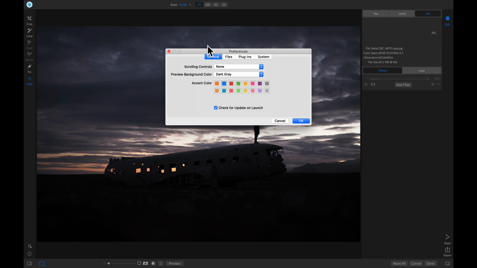Now inside this Preferences dialog, we can use these different tabs to modify different settings inside ON1 Effects. Inside this General tab, you can modify general things about your interface, such as your preview background color, which would be the color behind your photo, and also your accent color, which would be used in anything that's highlighted or